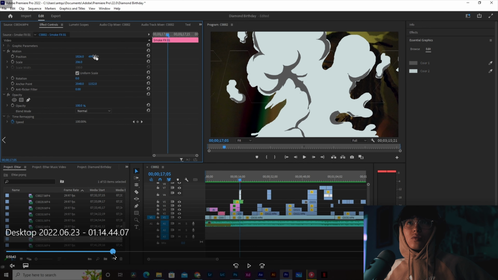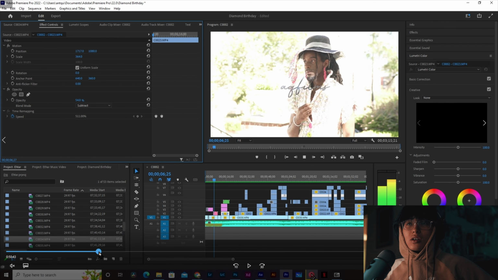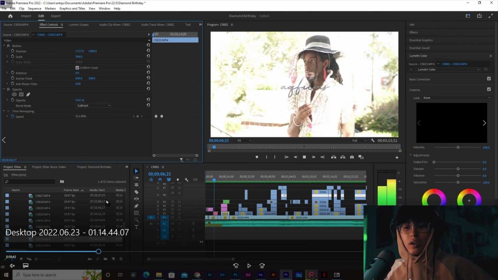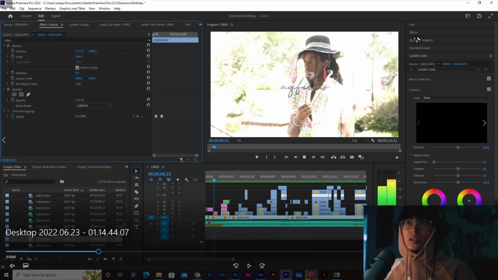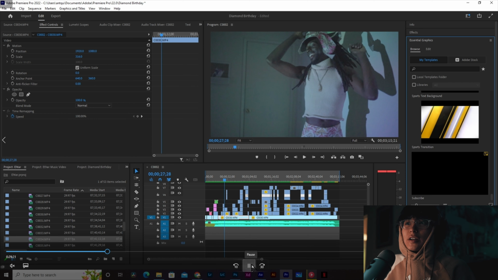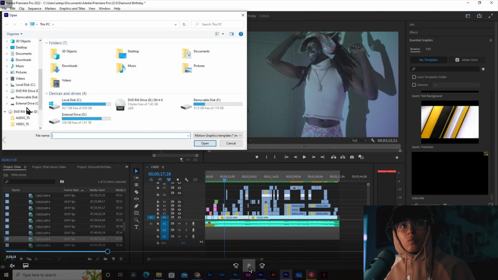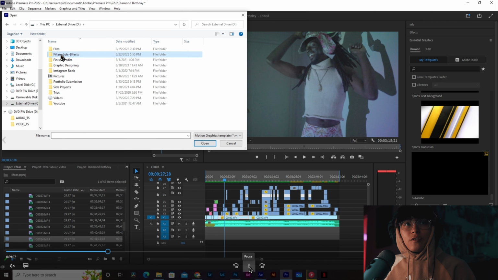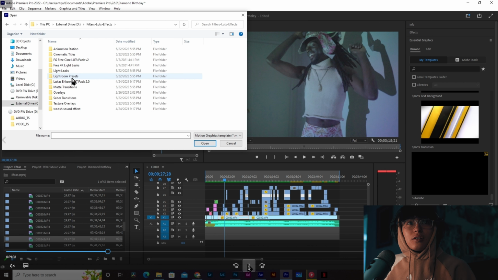In order to import these effects onto the timeline, because you can't directly import them, it's a certain file type, there's this Essential Graphics panel right here. I'm finding it. Okay, so you press this little icon right here, and then it'll bring up your files, and then where the file is located for the FX effects, I have it in an external hard drive. So you go to overlays. Yeah, I'm just kind of going through that. Essential Graphics, and then I have a ton of